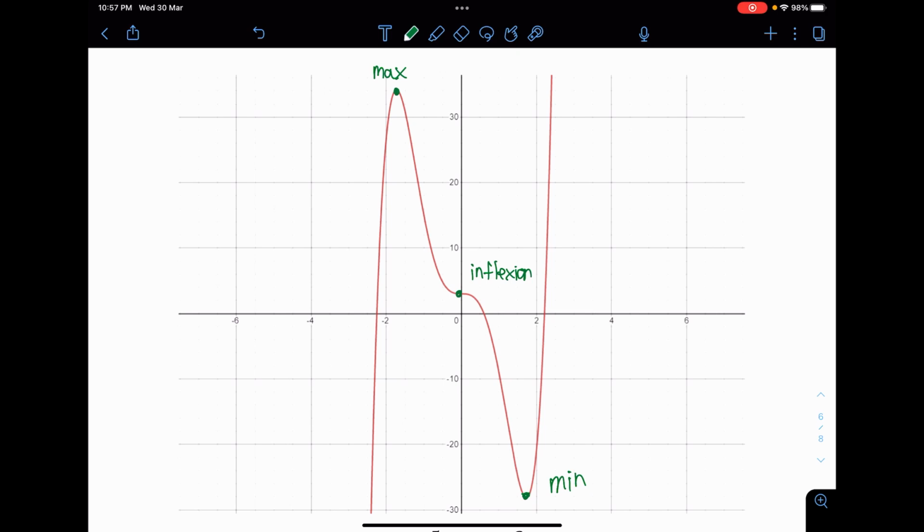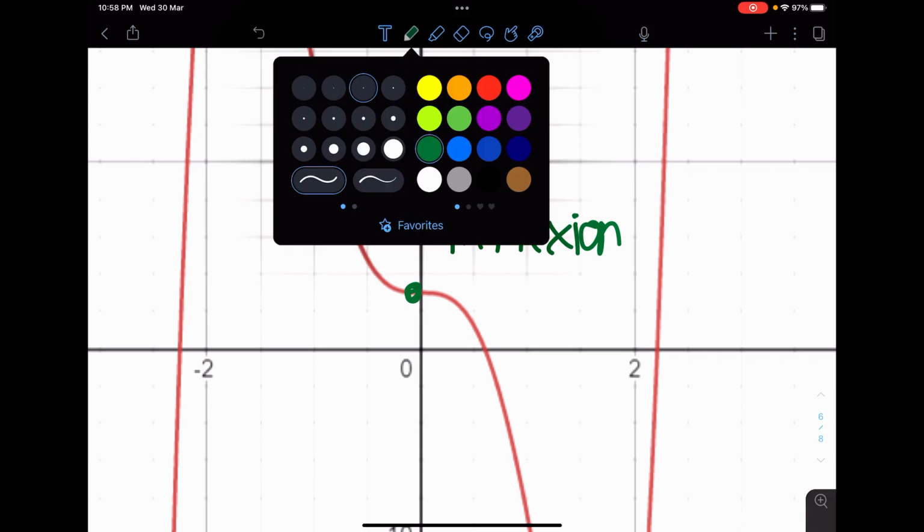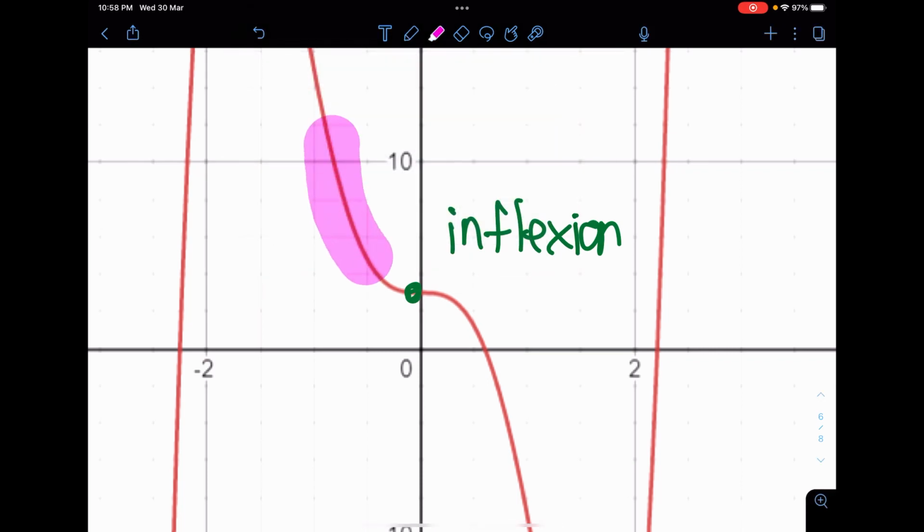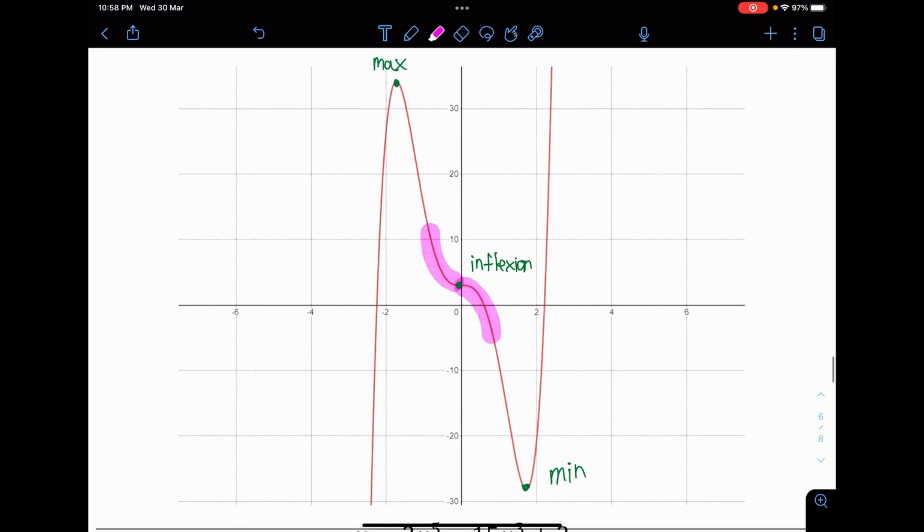I think it's very clear what is maximum and what is minimum. It's shaped just like a frowning and a smiling curve, hence the name. But what is inflection? Inflection is like a combination of a smiling and frowning curve. Take a zoom at this location. At the first part over here, I can say that this resembles a smiling curve. But on the second half, this resembles a frowning curve. So inflection is the interchange of smiling and frowning.